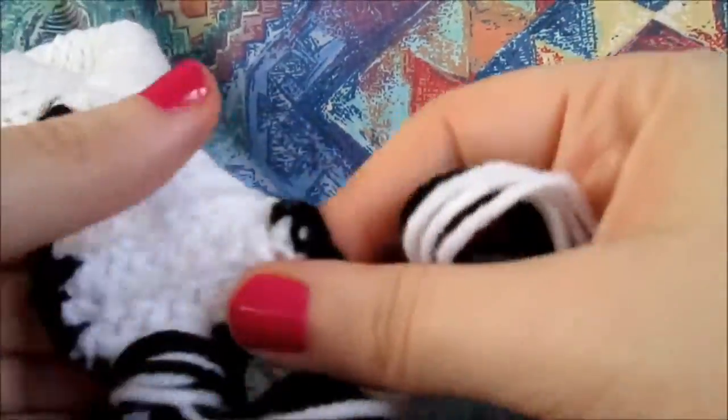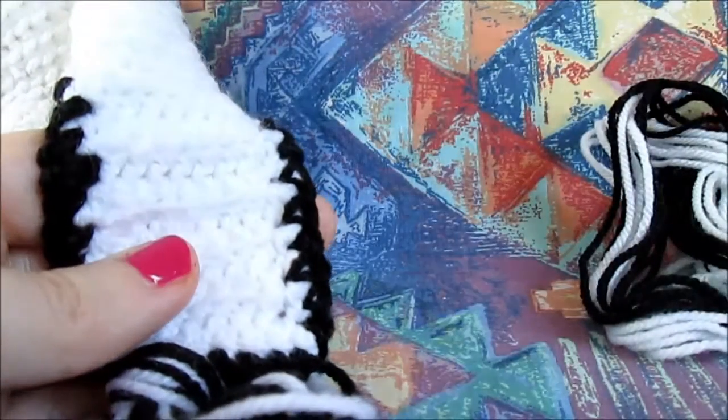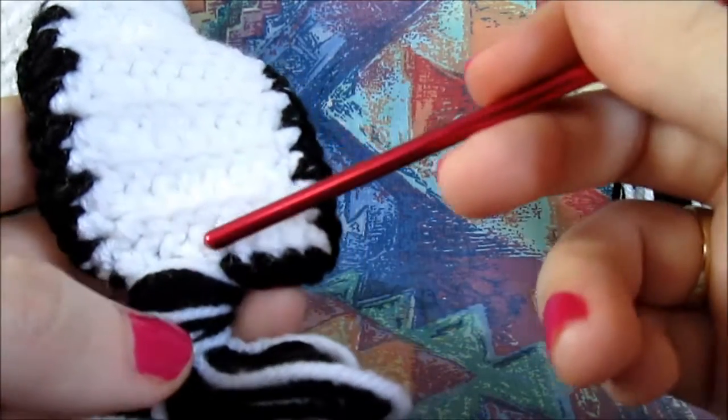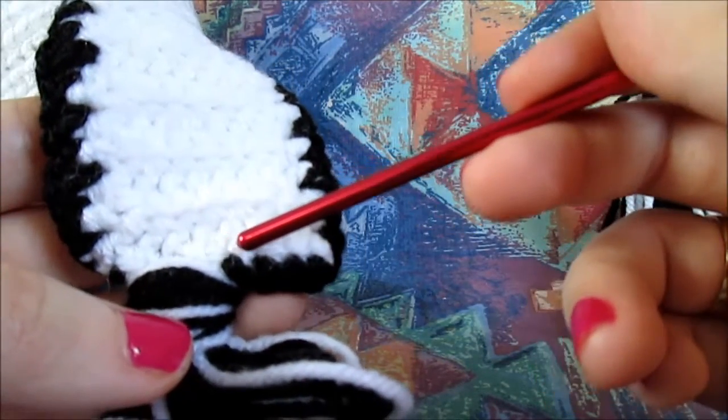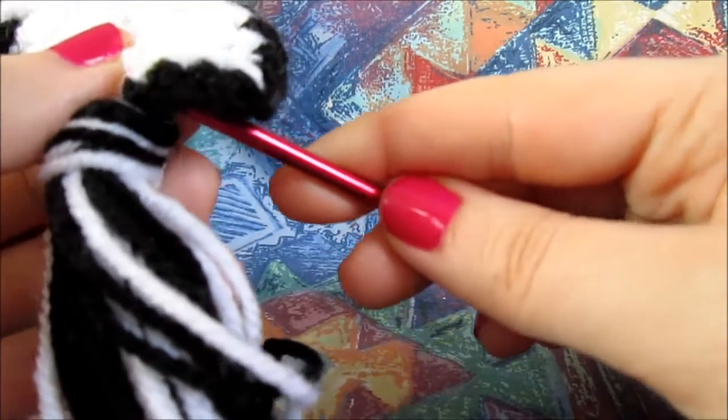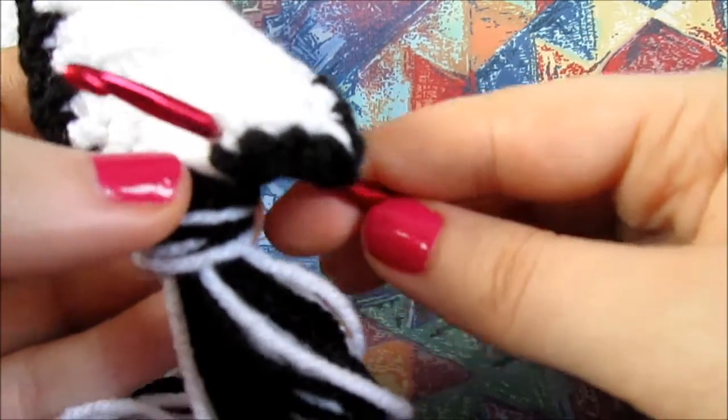So this is the second one. As you've seen, I've put the first one. I would suggest you use a hook to pass it through the middle. So that's about the middle, the 2 stitches in the middle, that's where I'm going to pass it. So I actually passed, this is the second one,